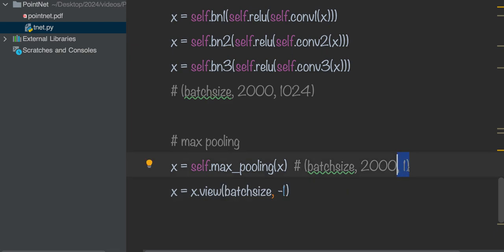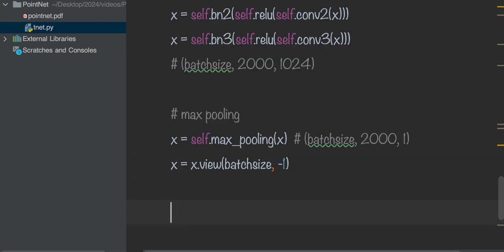We can also use the squeeze function, but I think both are okay. You can also use squeeze -1. So now it becomes